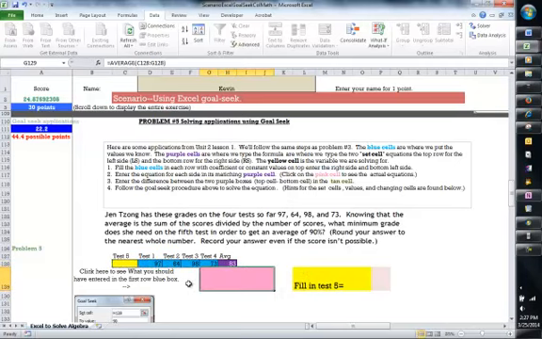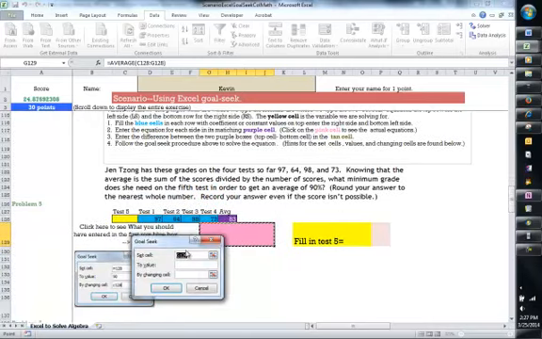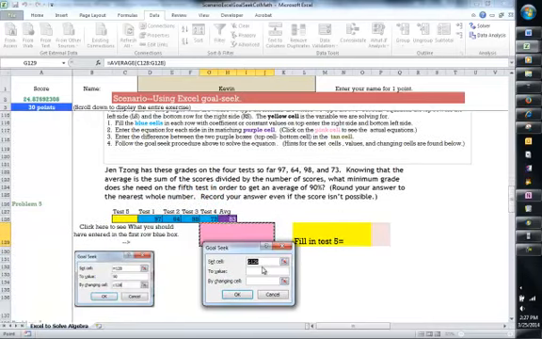Now, right now it says her average is 83, but she hasn't taken test 5 yet. So she's going to have to get a higher score than 83 to get a 90. Let's see how high it needs to be. What-if analysis, goal seek, and we're going to set H128 to value 90 by changing C128